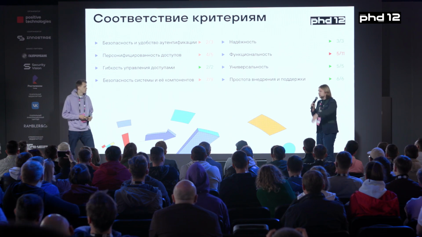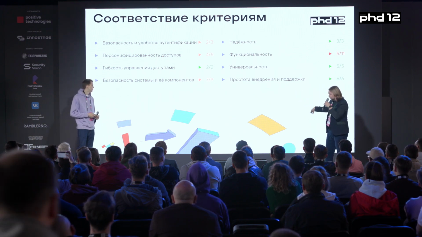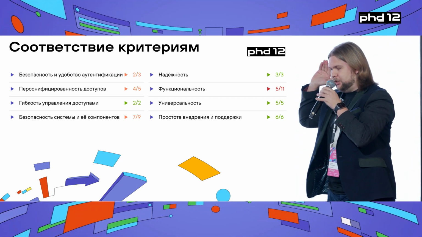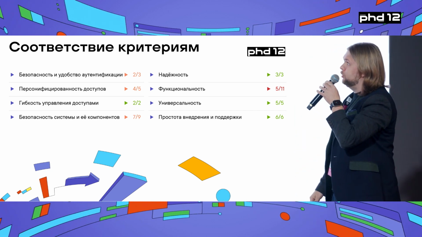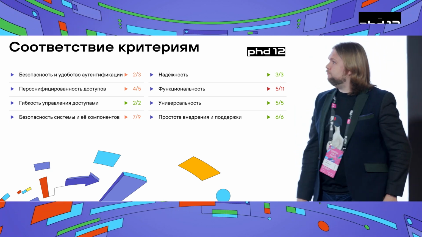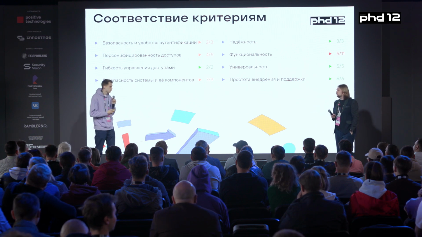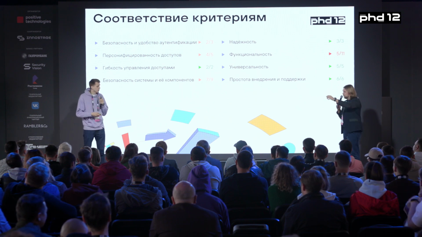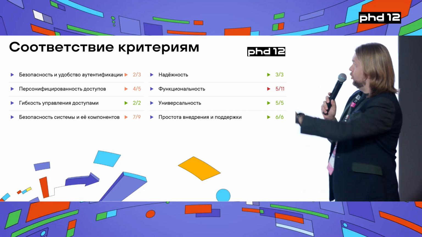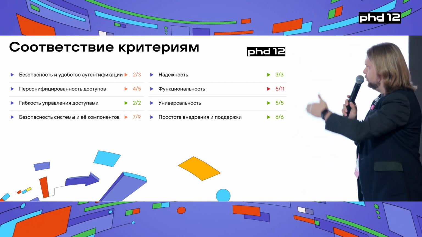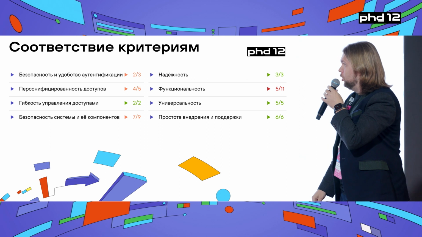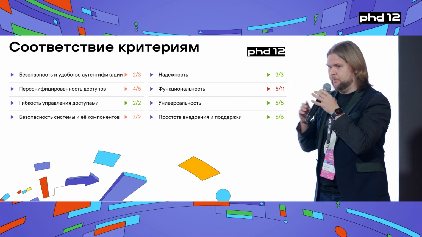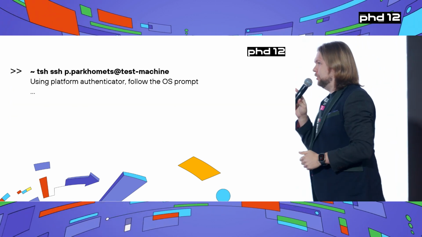Let me ask a question: why actually did we opt for Teleport? In order to make this slide legible, we didn't make a list of technical requirements. And Teleport meets these requirements. For instance, I'm an administrator who loves Apple technologies. How would the interaction with the infrastructure look like? Let me explain that these figures, 2 out of 4, 4 out of 5, 2 out of 2, mean that Teleport meets this number of criteria.